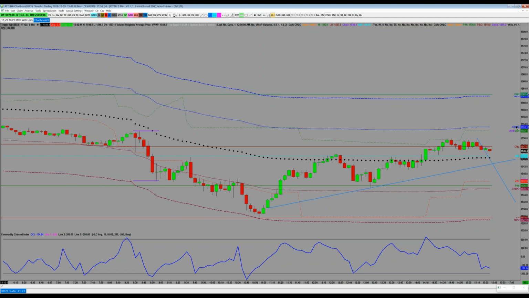But I'm finding more that I'm gravitating towards data that is being driven by what is happening in this trading session, not what's happening in prior days. So that's the basis of the idea. The idea is that the wider the range of the day, the bigger these bands are going to be.